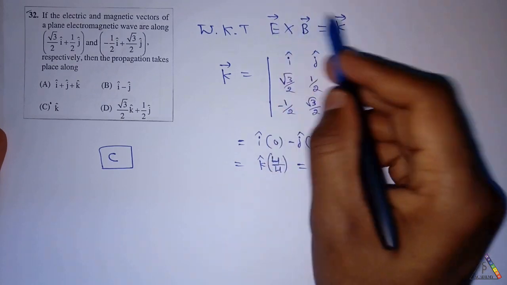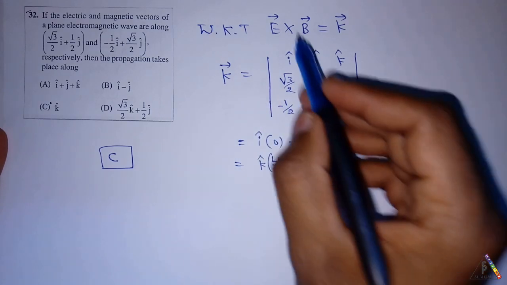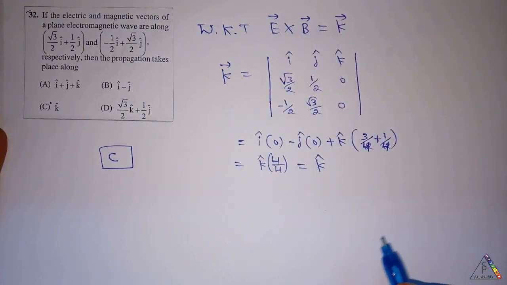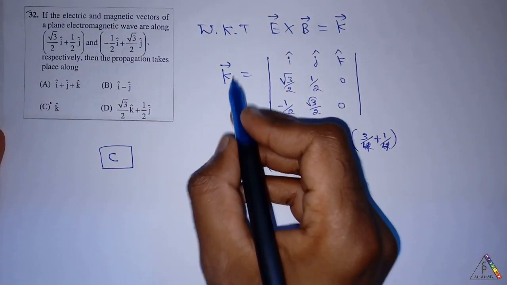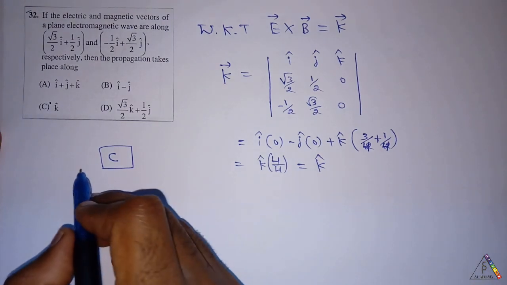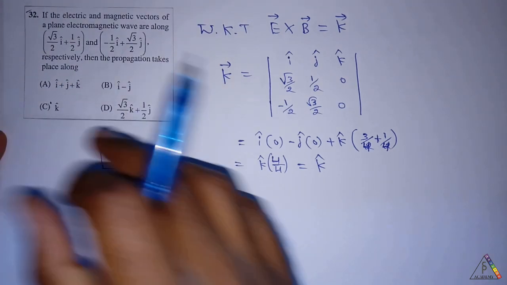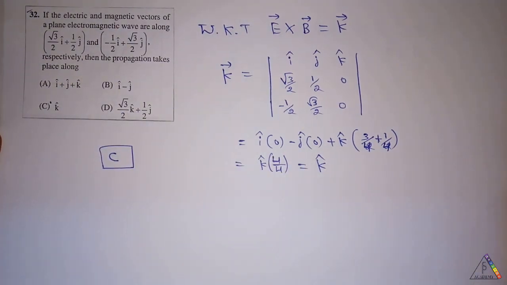That means these three vectors are mutually perpendicular. Therefore, if you find the k vector from these two vectors, we get k vector as k cap. Therefore, the propagation of these two vectors will take place along the k cap. Therefore, for this question, the answer is